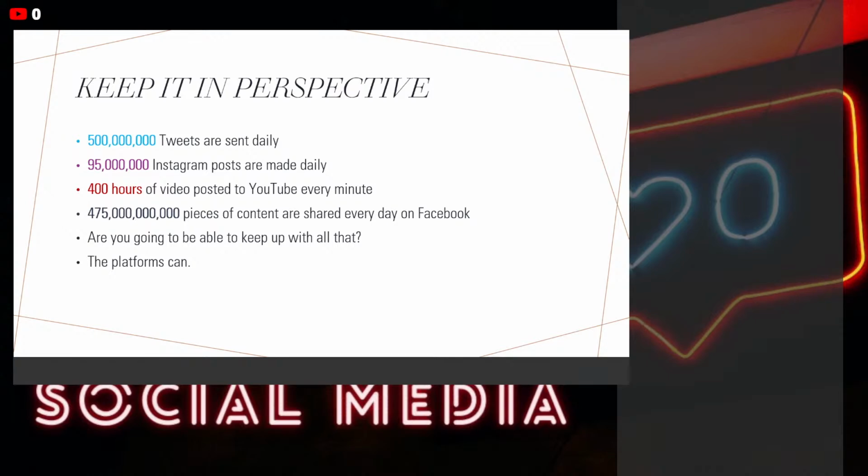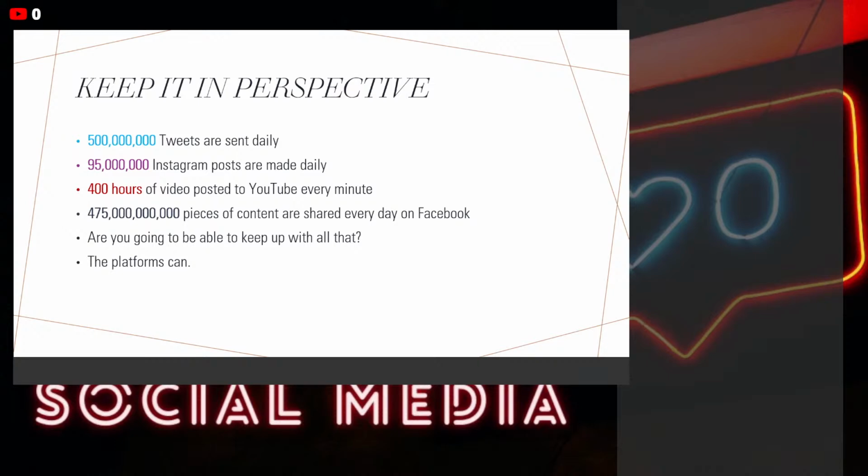Right? If you were just growing a small account from zero, and you didn't really care about what was going on around you, you could kind of stay siloed in your own lane. And that might be individually manageable. But when we look at things in the grand scheme of our platforms, there is absolutely no way that we can keep up with all of this. But you know who can keep up with it? The platforms.